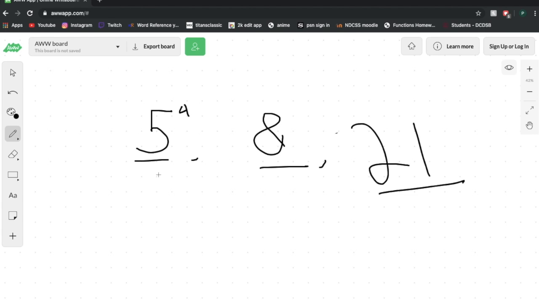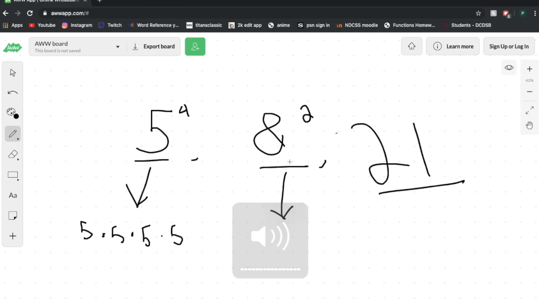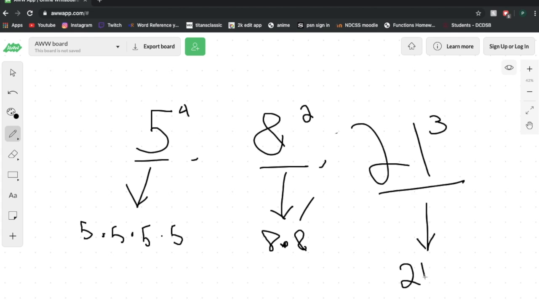This means, as I said, it's the number of times the number is multiplied by itself. Meaning this is going to be 5 times 5 times 5 times 5. Let's say this is 8 with the exponent of 2, which also means to the power of 2. So if you hear me say something is to the power of a number, it means the same thing as to the exponent of. So it'd be 8 times 8. And same thing with this 21. Let's say it's 21 to the power of 3. This means 21 times 21